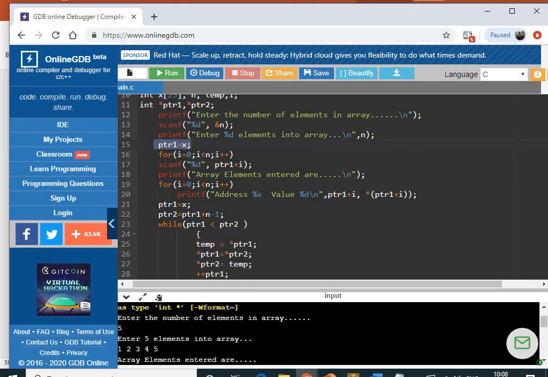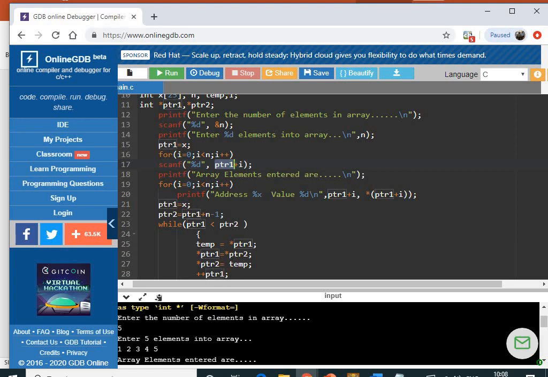Whenever you are using pointers, the array elements need to be scanned in this fashion: for i = 0, i < n, that is, whatever value of n you have entered, it needs to start from index 0 and run up to n. scanf("%d", ptr1 + i).